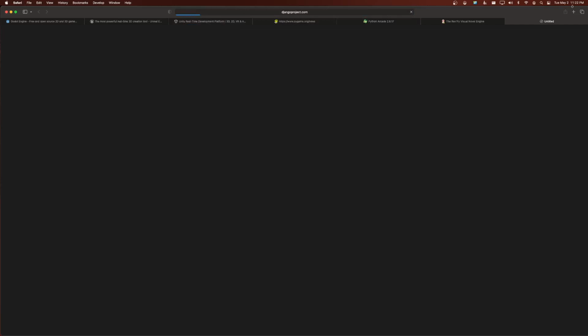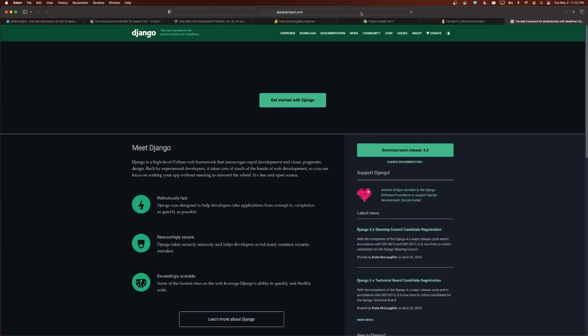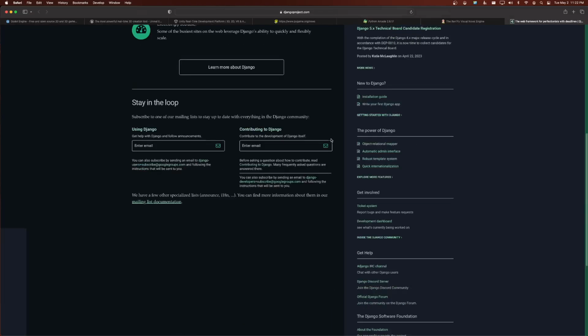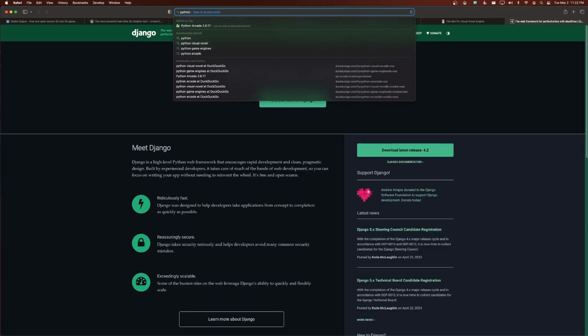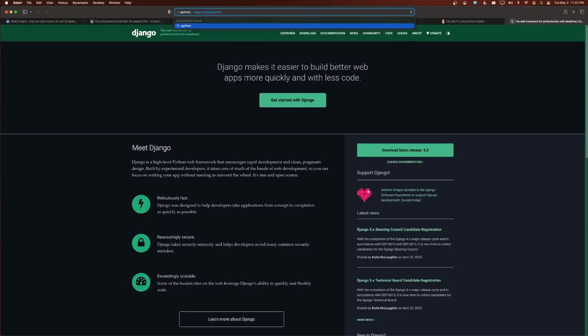I don't know if it's .com or .org. I always forget. It's probably .org. No, that's it. Okay. This framework for building SaaS applications and websites and things, I really quite enjoy this a lot. It makes a lot of sense to me. And this is based on Python, which is a popular, I think it's actually python.org,